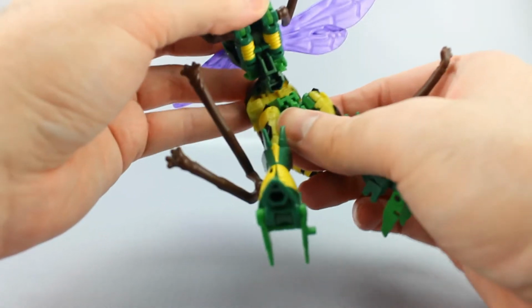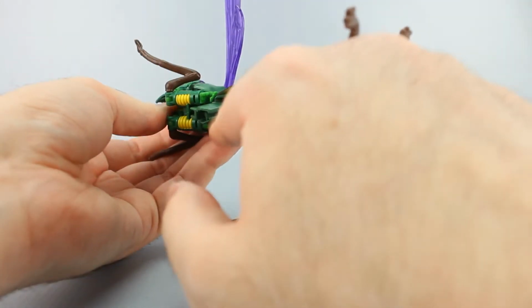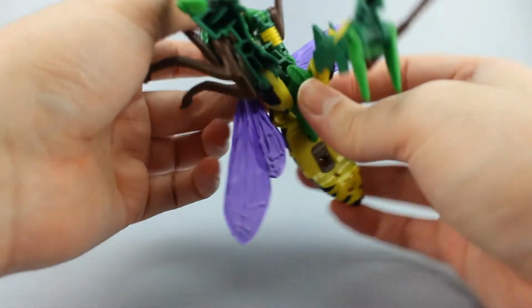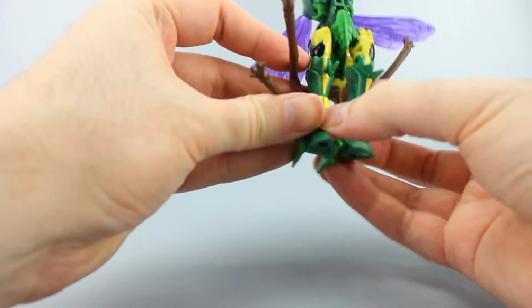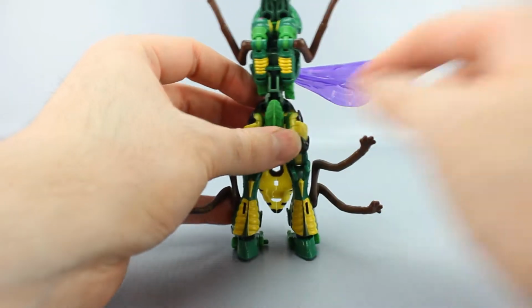You can more or less bring this up, and this tab will go into this slot right here. You bring the legs down. And then you kind of just want to get the insect legs out of the way. They're going to just kind of chill out like that. Then up here,